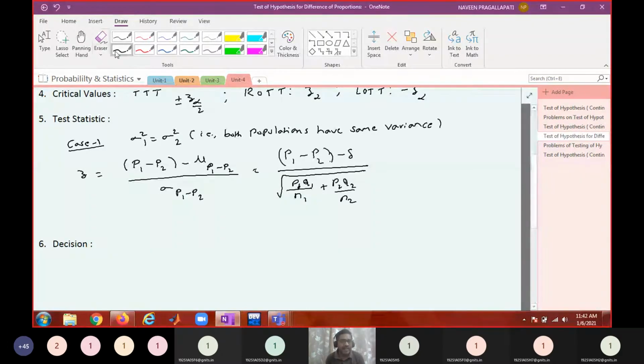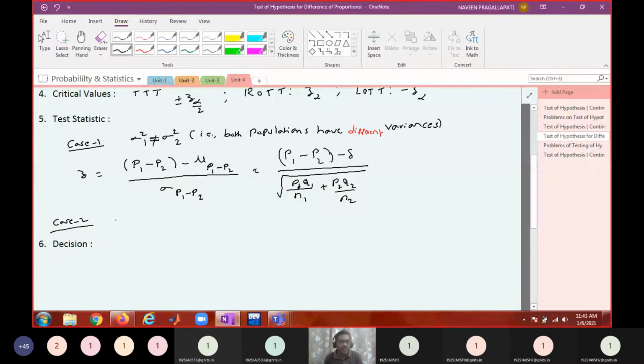Sorry, I think this is the formula for this one. I'm extremely sorry, and I'll write that in case 2. Okay, if you are assuming different variances, either it is given, or if you are assuming that they may have different variances. Okay, so in case 2,